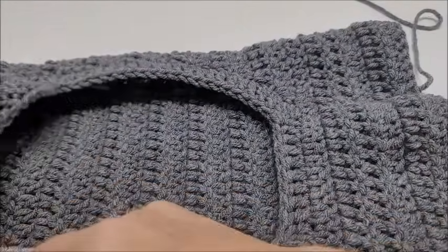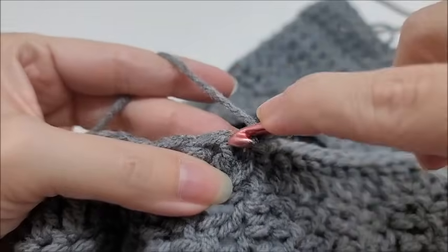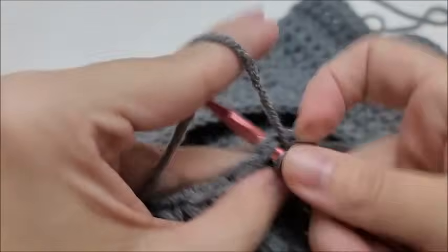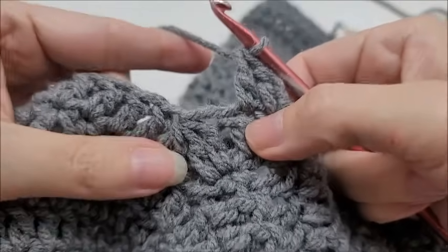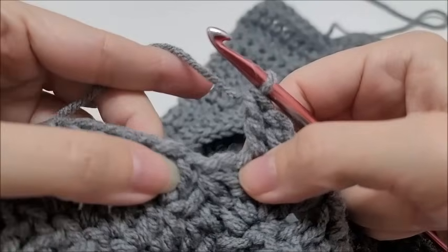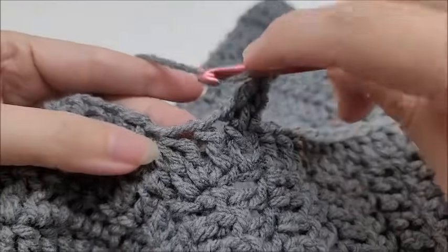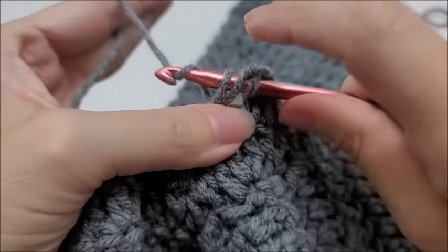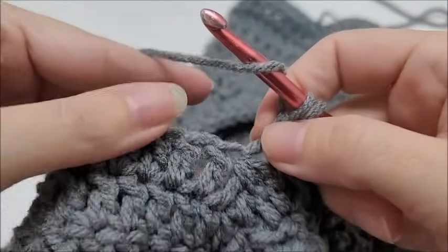Okay. All right. Let's go ahead and double crochet back into that same stitch. And double crochet into the next stitch. Okay. Now we are at where we did our double crochet 4 together last time. Let's do a double crochet 3 together here. All right, so let's yarn over, and we're going into that double crochet 4 together. You want to do this as tight as possible, and yarn over and go through the first 2, and then we're going to go into the next stitch